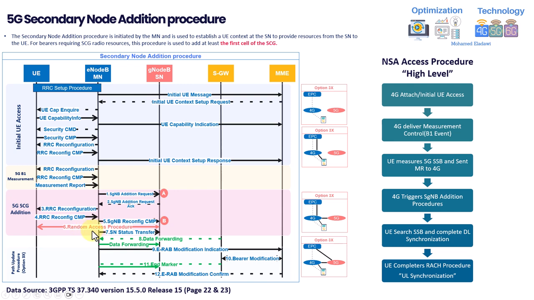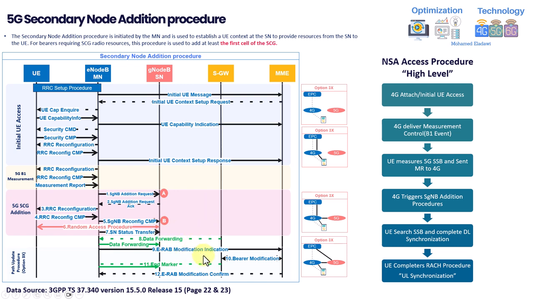And after that, the user will start doing the random access. After the random access, you can see that the serving gateway is still forwarding data towards the eNode B. And this should not be the case. Now we should extend the path because this is option 3x. So here, the master eNode B will start the path switch procedures to change the path. It will make the serving gateway send the data directly to the gNode B because this is option 3x. So it will send this E-RAB modification indication, which simply is to change the path